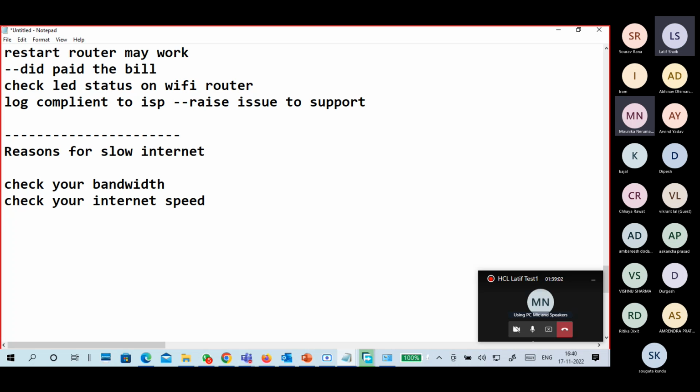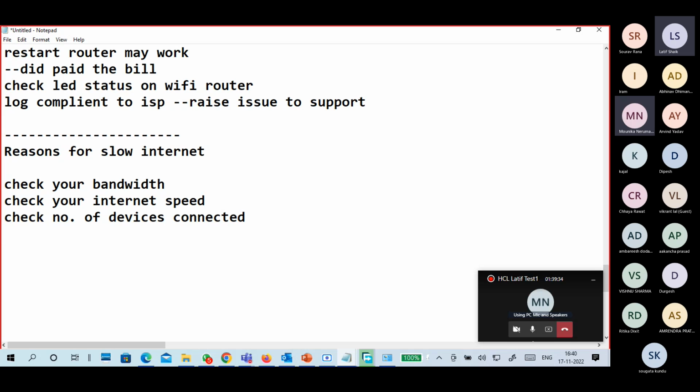Next one, guys. How much speed is it? Either 30 Mbps, 20 Mbps, 50 Mbps, 100 Mbps or 150 Mbps. Speed does not matter here, but still it is very slow. So check the number of devices connected to your router.